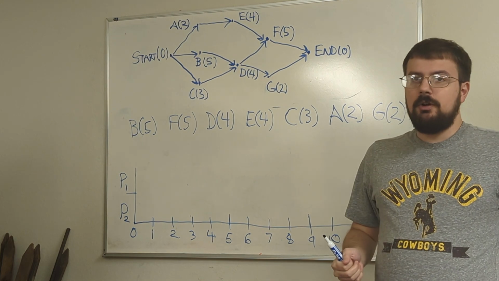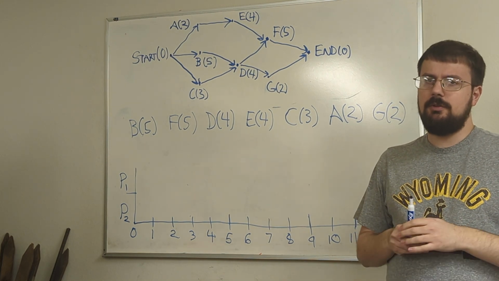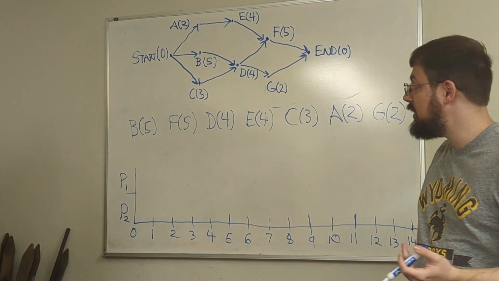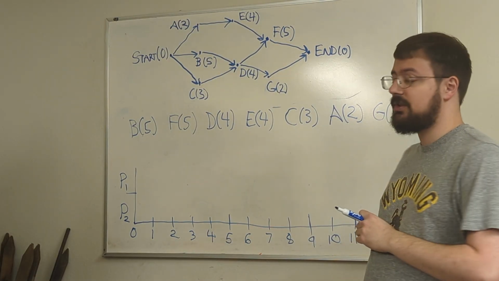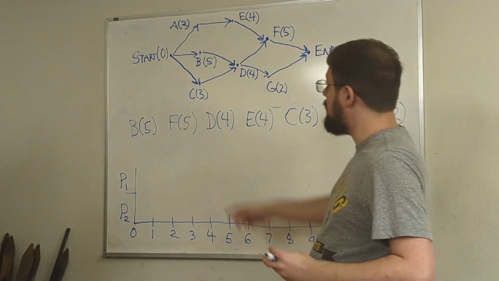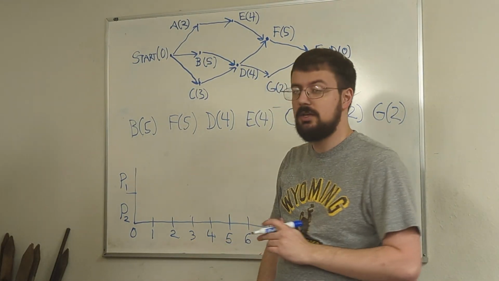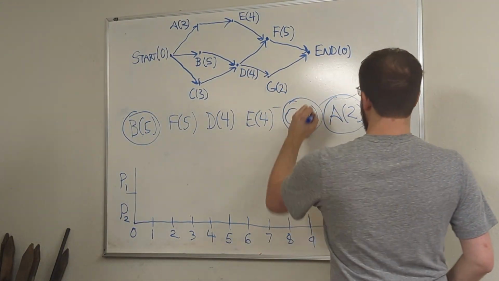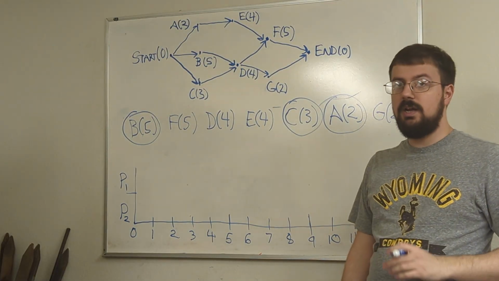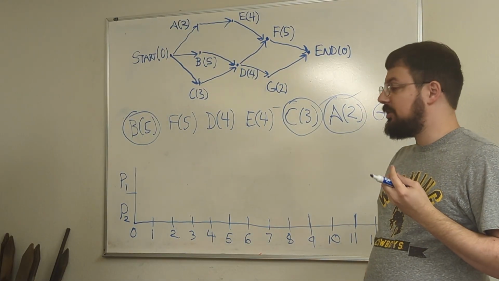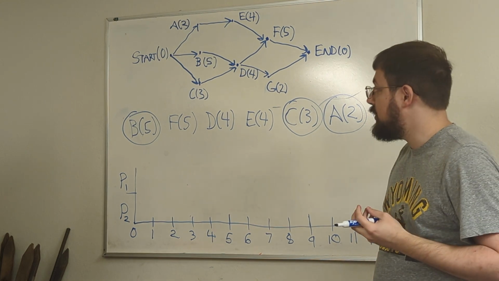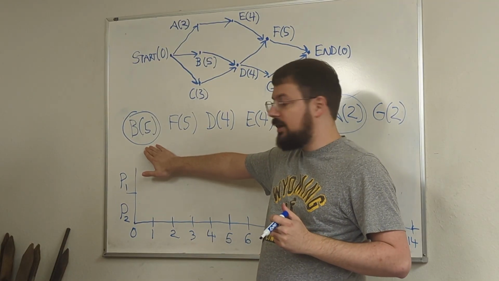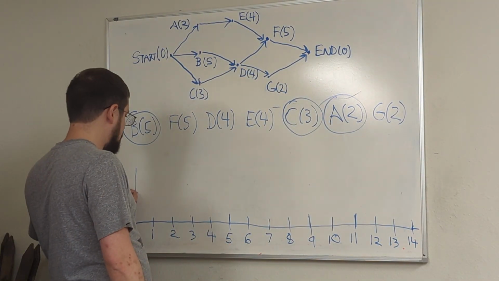So when we're making a schedule with this priority list, we're going to follow pretty much the same procedure that we did for scheduling with our alphabetical priority list in the last video. So we're going to start by seeing which tasks are ready from the get-go. In this case, that would be A, B, and C, which only have the start precedent to them. So we're going to circle those to indicate that they are ready for us to work on. Now, we're going to assign these to processors in the order of priority. So B is the first